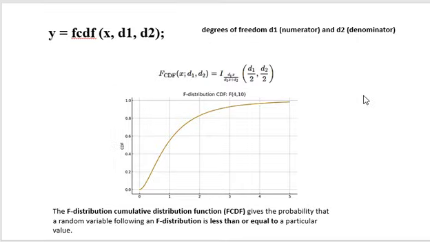This formula is for FCDF, and the result of our function is like that for our variables. The F cumulative distribution function, FCDF, gives the probability that a random